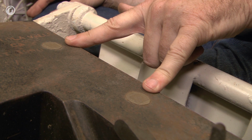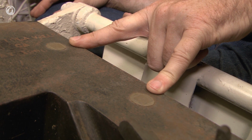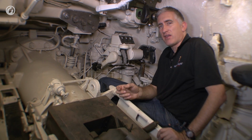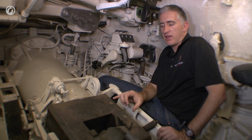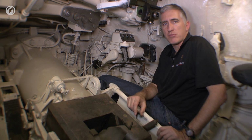Also, to its front, you can see the two marks for the gunner's elevation quadrant. This is used for indirect fire. It looks a little bit like a sextant. It's got a spirit level in it. You set the desired mils for elevation, place it on the gun breech, and then you elevate or depress so that the spirit bubble is in